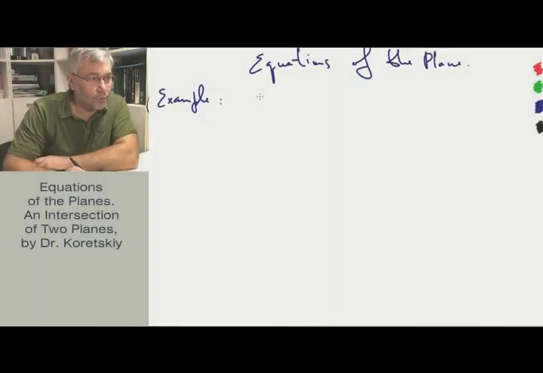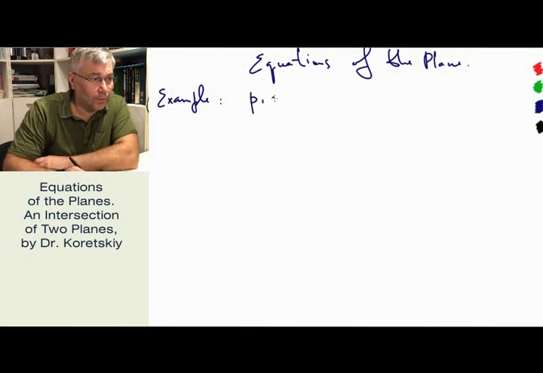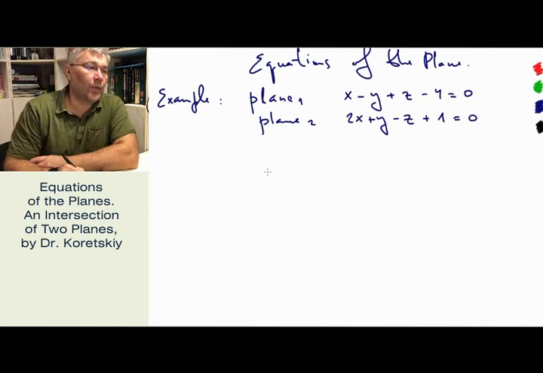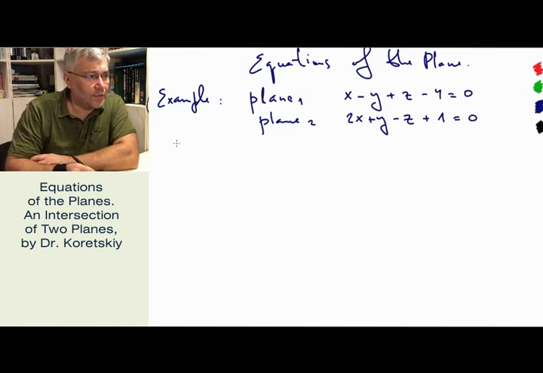For example, we have two planes. P1 equals plane 1, for example, x minus y plus z minus 4 equals 0. Plane 2, for example, 2x plus y minus z plus 1 equals 0. We have two planes, and the work here is to find out